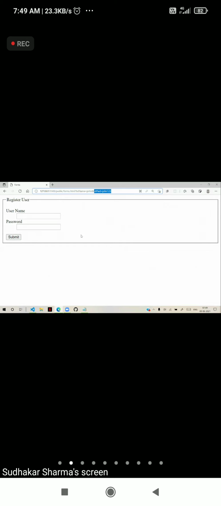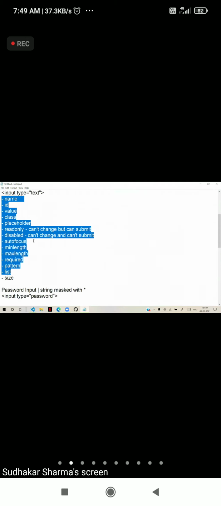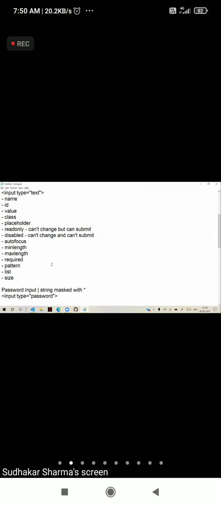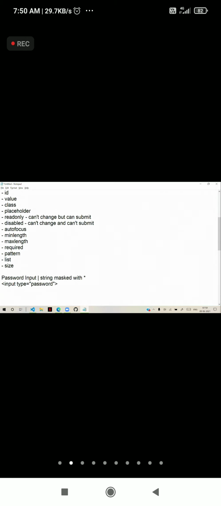So that is password input. The rest of all attributes are the same. No need to explain. Min length, max length, required, pattern, autofocus, disabled, read only, placeholder, everything is the same as text input. Only that point is you can mask with a special character, that is password.